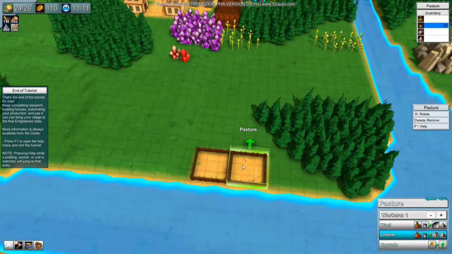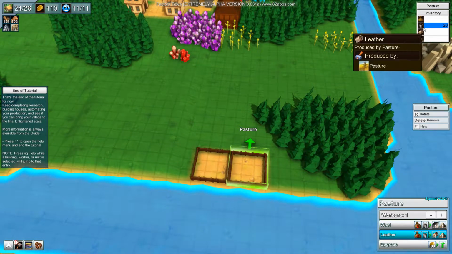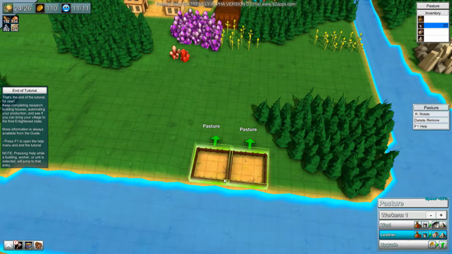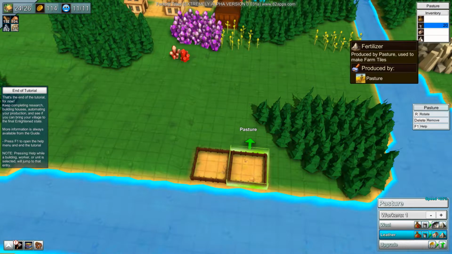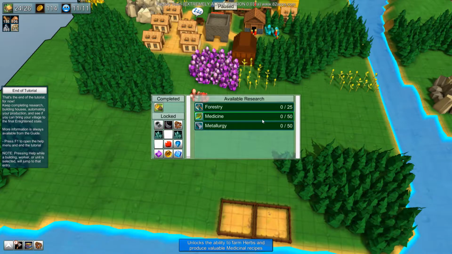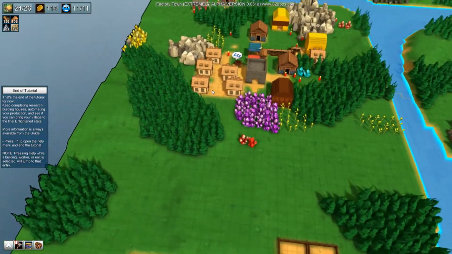Okay, so what do you need? You need to do this. You need animal feed. You need water, which you should have, and then you produce leather and fertilizer. So, what do we need to do this? First things first, let's check our farming is done. So if we quickly go back over here